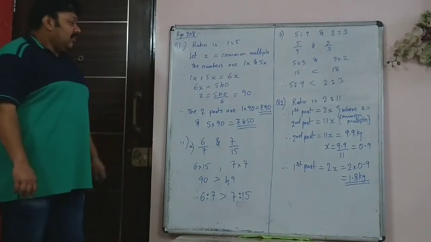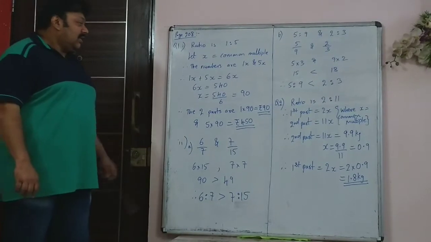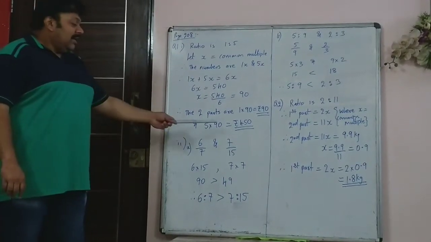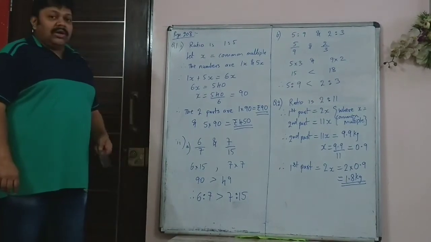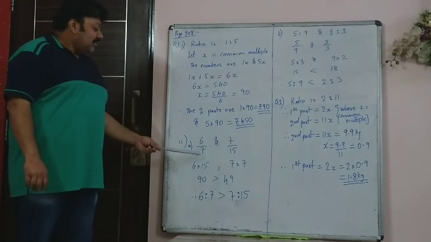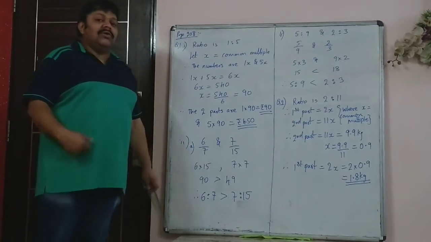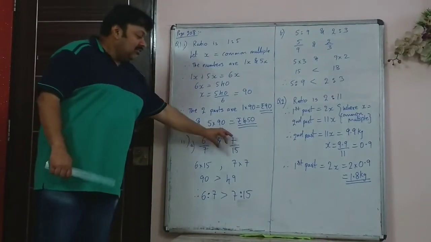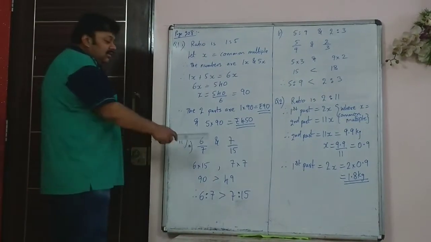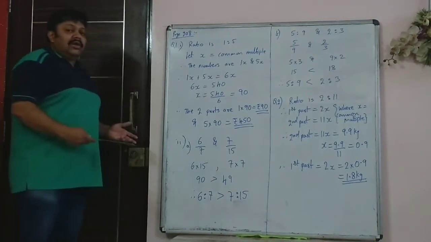So that's how you do the first term after finding what is the common multiple. Now you are asked comparison. Here, comparison of ratios. Here basically you have got 6 upon 7 and 7 upon 15. You have to compare. Looking at this, we don't know which is smaller and which is bigger. But the easy way is just cross multiply and the sign remains.